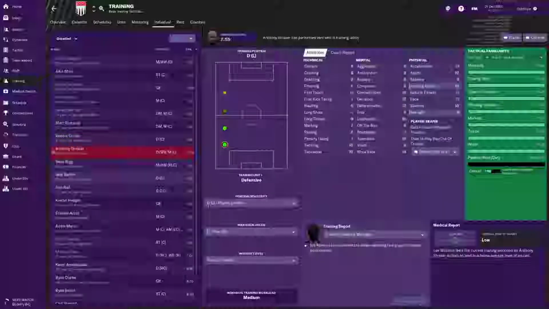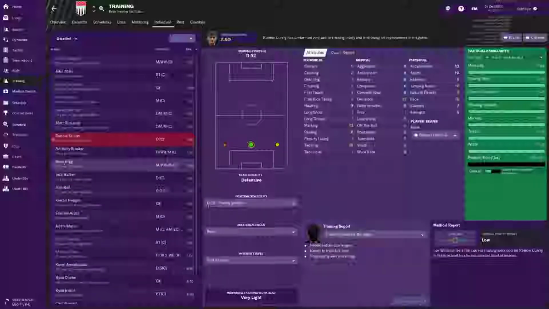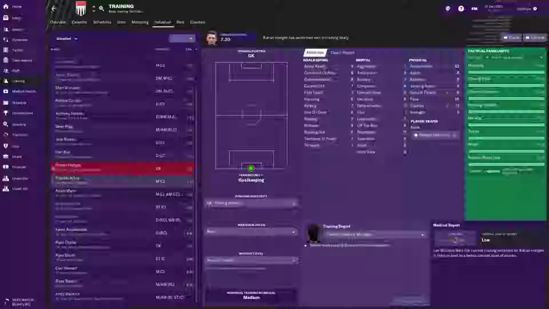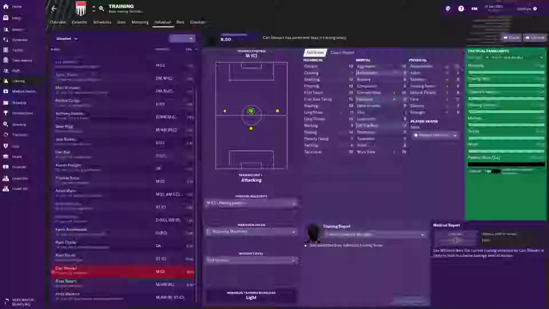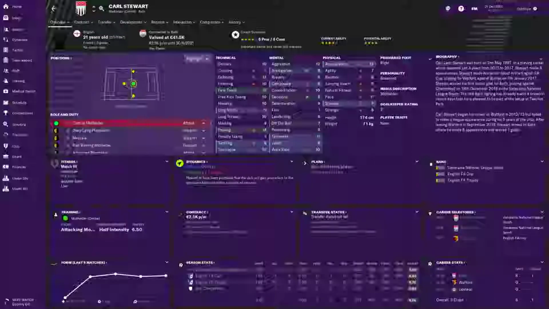So let's see how our young players are doing. Candy is training pretty good, and Batten as well, unfortunately not showing any improvement in stats. And Ryan Brandt is doing okay, I guess, but losing a bit after his injury. And we have Ross Stern as usual not performing at all. And we also have Carl Stewart, who is unfortunately losing quite a lot in his stats as well, but yeah, I guess he's playing